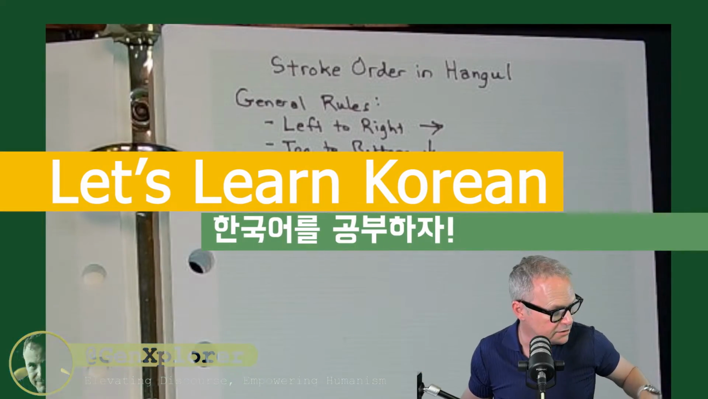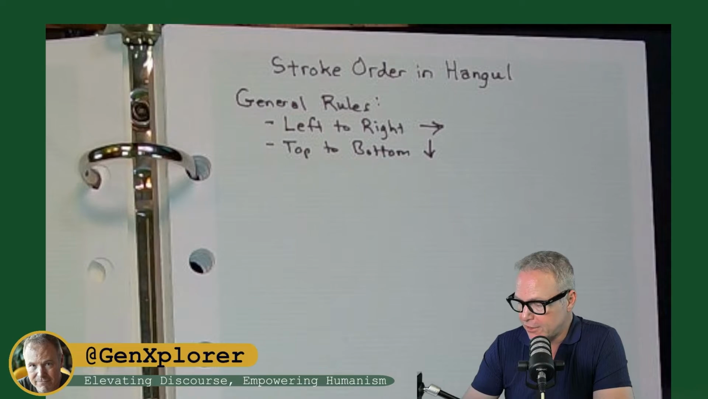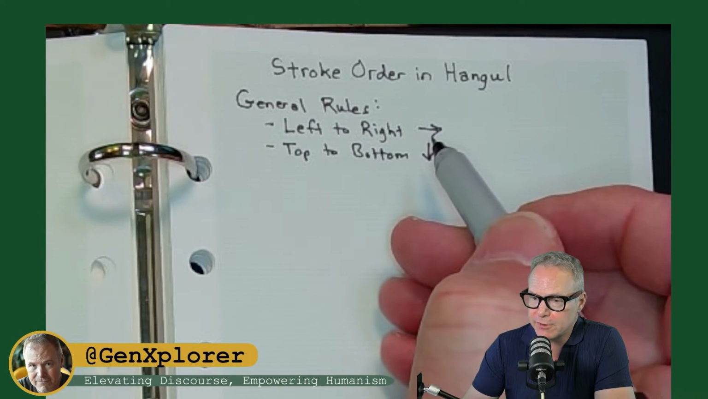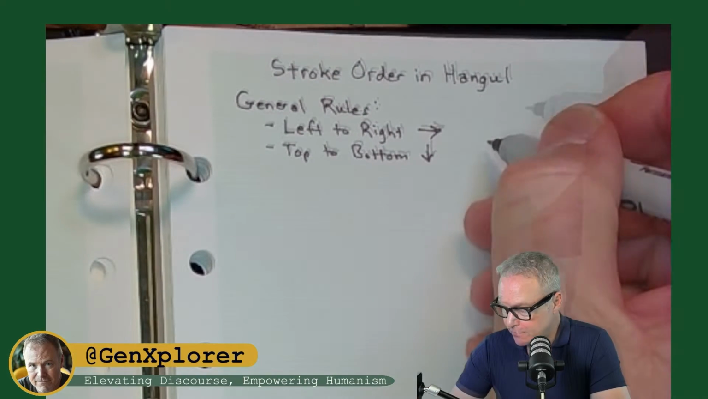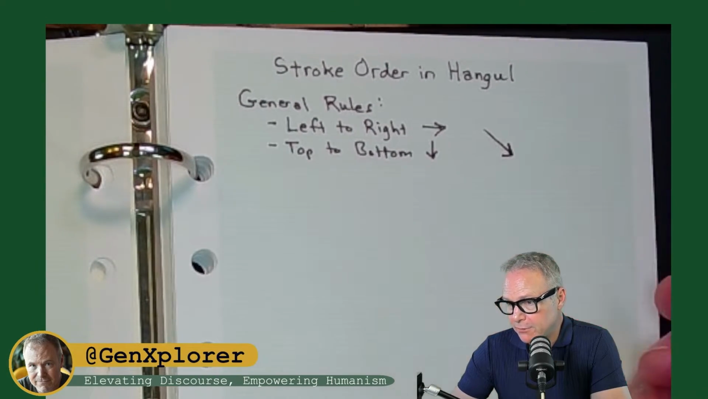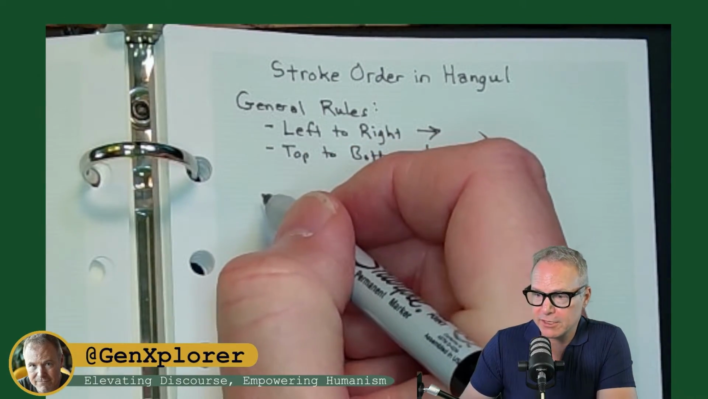So I just want to take a little bit of time to do a video about stroke order when writing in Hangul. So the general rule is that you're always moving left to right with your pen or pencil and top to bottom. So in essence, take those in combination and you're moving from the top left to the bottom right. So if we take the first letter of the alphabet, the first consonant, kiok,